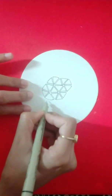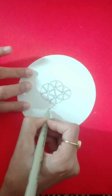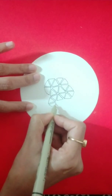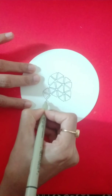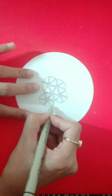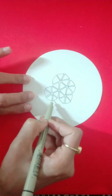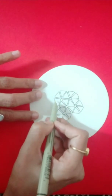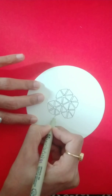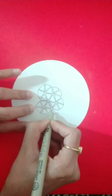So what is important here is not the size of the triangular shape or the three-sided shape. It is not supposed to be an equilateral triangle, right? As I told you earlier also. So I have completed each one more flower. This is one flower, this is one flower. That's the way I basically learned it when I was learning Tripoli. I tried completing each flower,